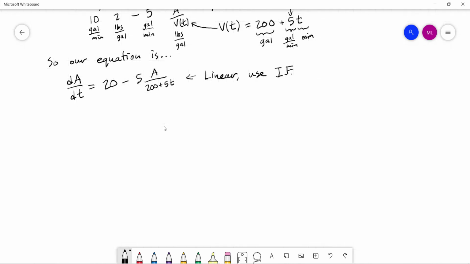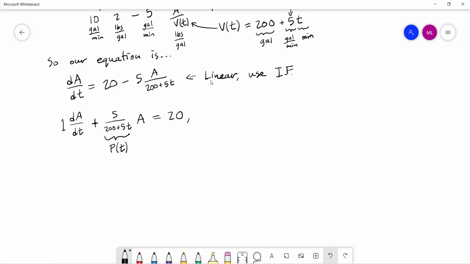To use integrating factor, we need to get it in the right form, and that form is dA/dt with a leading coefficient of a 1 out here, plus or minus whatever term is proportional to the A. So for us, we would have to move that term over from the right to the left, and that would involve flipping the sign. So I'd have to add 5A over 200 plus 5t. So I'd get 5 in the numerator, 200 plus 5t in the denominator, times A, and that would be equal to 20. This would be my p of t, and my integrating factor, mu of t, would be equal to,